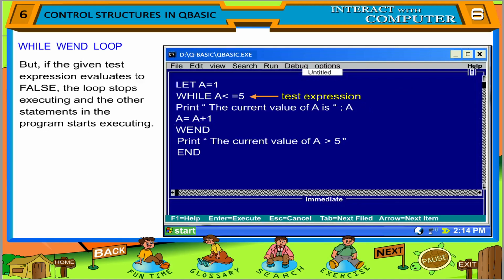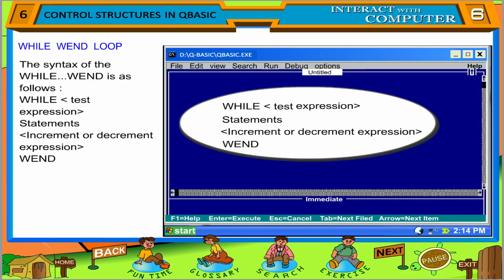But if the given test expression evaluates to false, the loop stops executing and the other statements in the program start executing. The syntax of WHILE WEND is as follows: WHILE test expression, statements, increment or decrement expression,